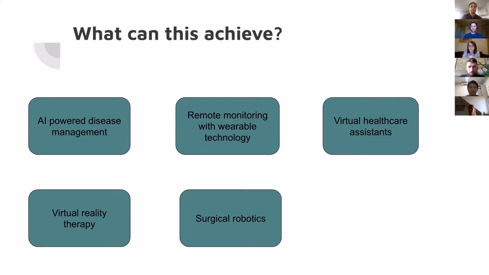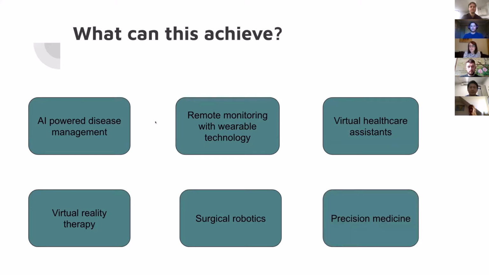And some of the cutting edge technology at the minute, which is really interesting, is they're basically trying to teach these robots to react in the same way that hands would, so that they won't need human intervention to operate. And precision medicine is another really big area, and this is kind of bringing together genomics and big data to again allow us to personalize treatment regimens and clinical care.